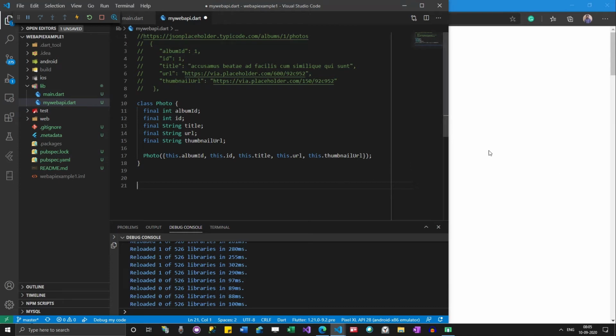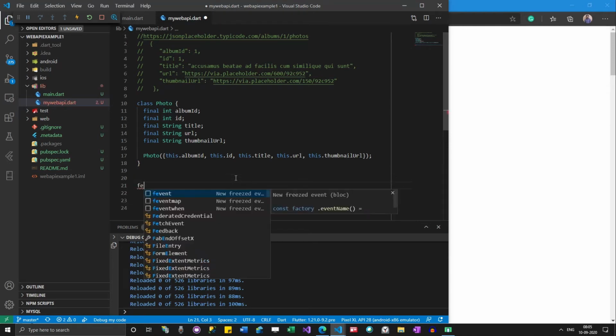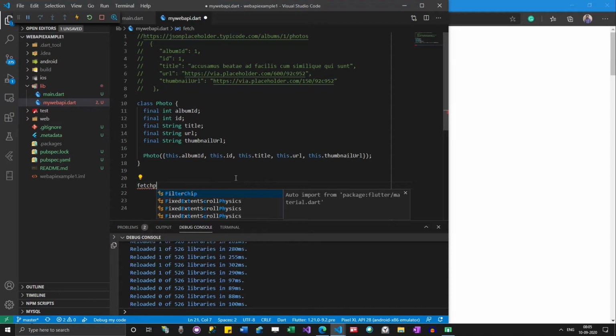Okay, so let's start reading some data. Let's read this data first. Step by step, let's see what is needed for us, and then we'll add the necessary functions or methods to our class. So we need to fetch the photos, right?